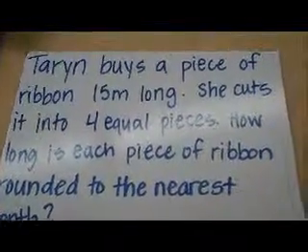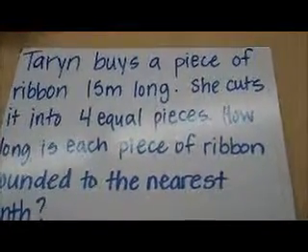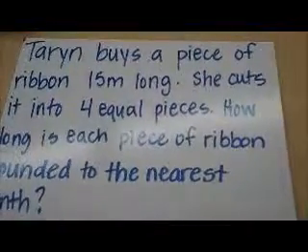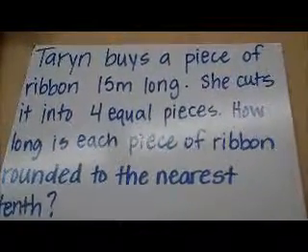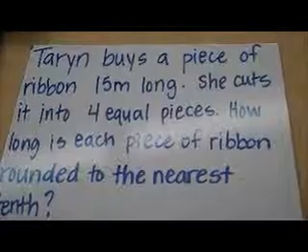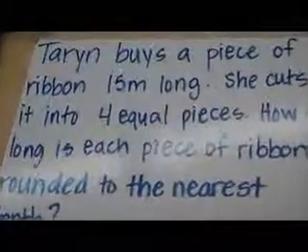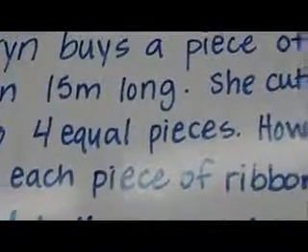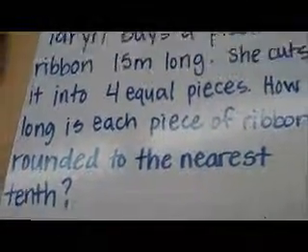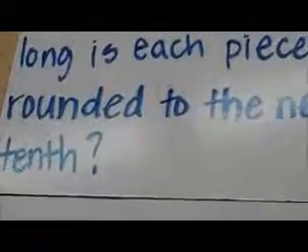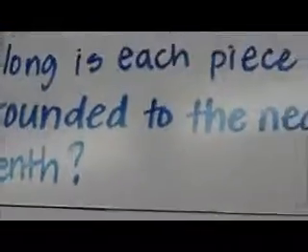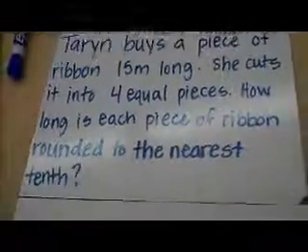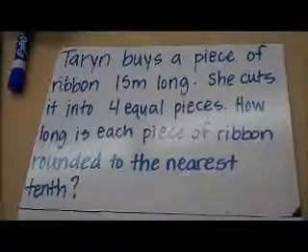Okay, now to our favorite real world problems. So, Taryn, lovely Taryn, buys a piece of ribbon that's 15 meters long. And she's going to cut that ribbon into 4 equal pieces. So our goal is to find out how long each piece of ribbon is, and then we need to round it to the nearest tenth. A lot of us will find the answer, but we always forget that last part of rounding to the nearest